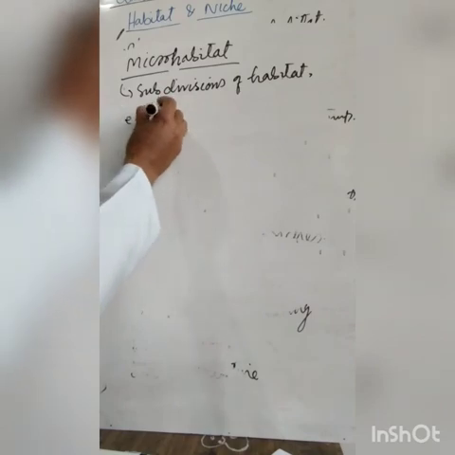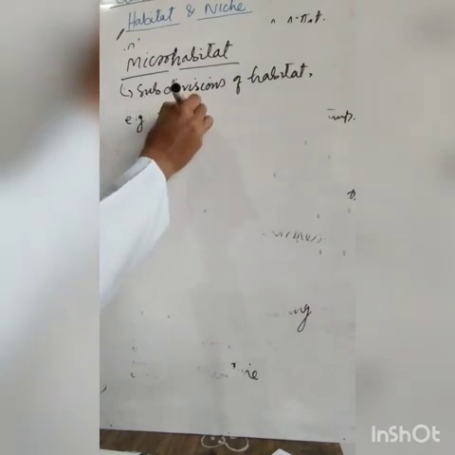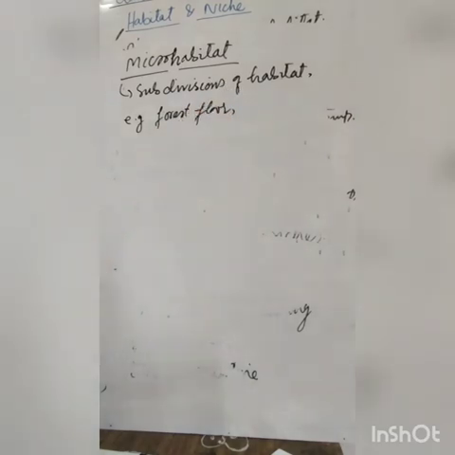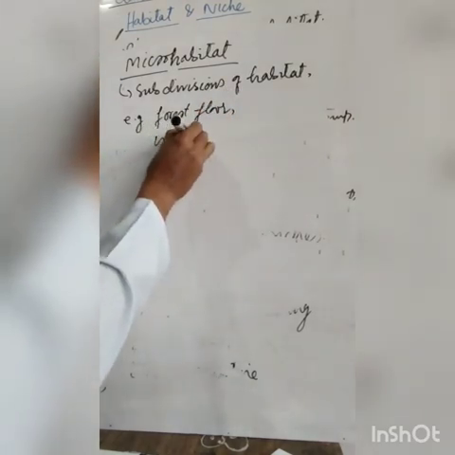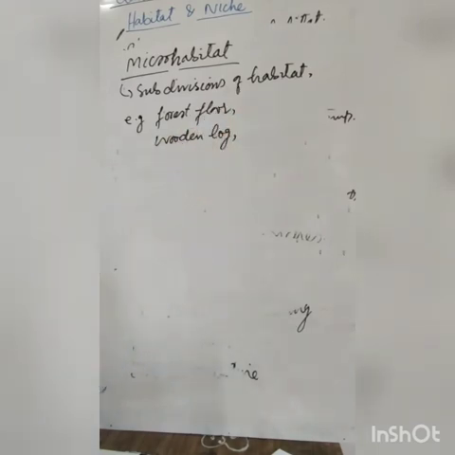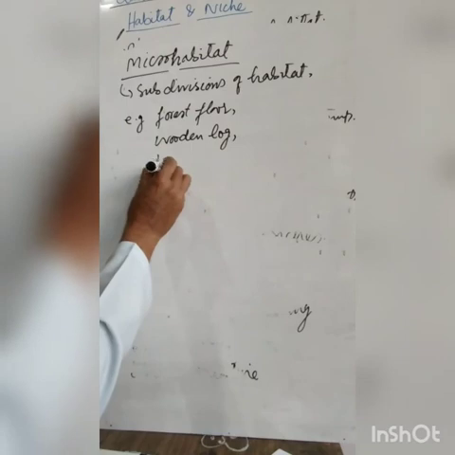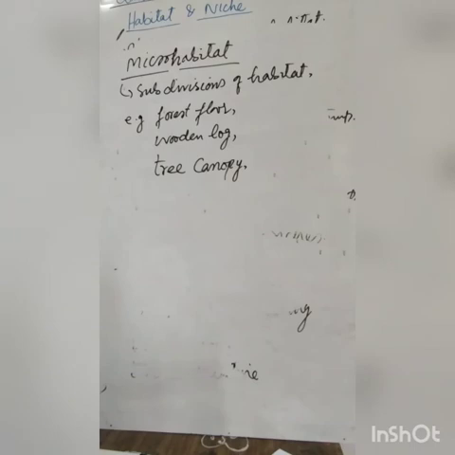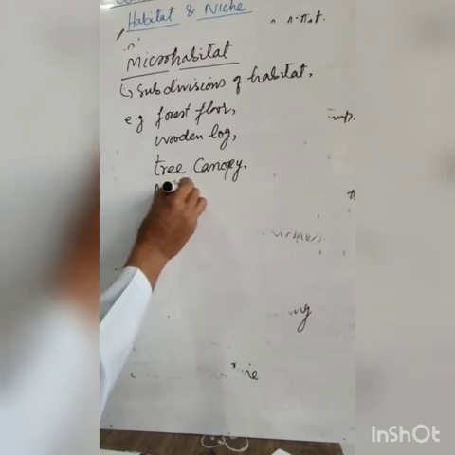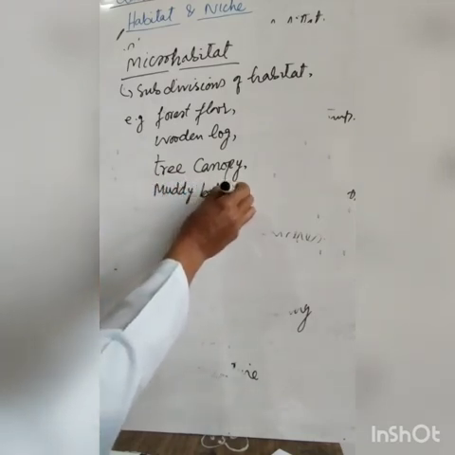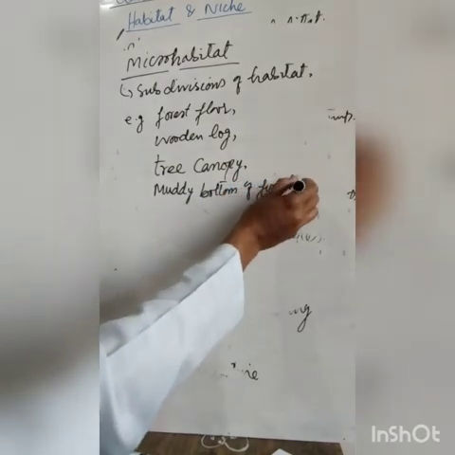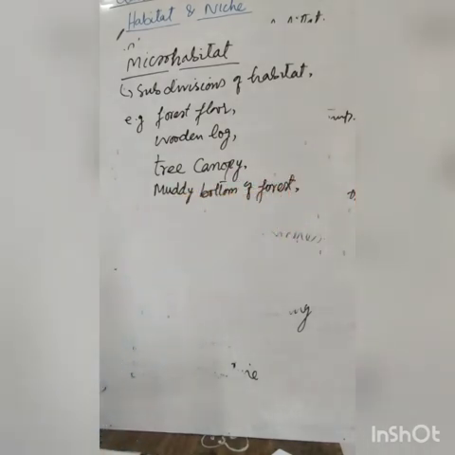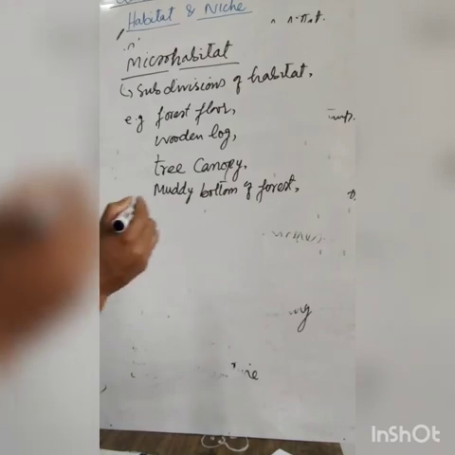For example, there is forest floor. There is a wooden log. Under the wooden log, there is tree canopy, where there is a large number of trees at a site and they form a canopy. Muddy bottom of forest. And earlier I mentioned our intestine, that is also a microhabitat. Surface of pond,